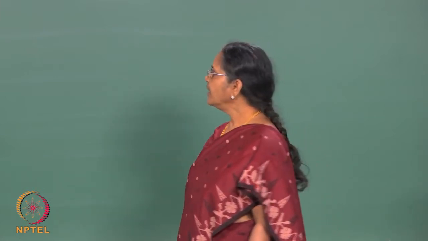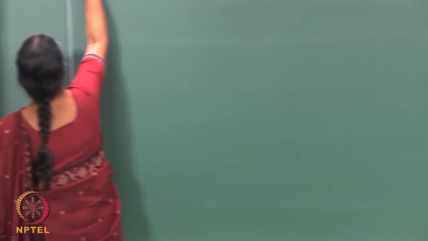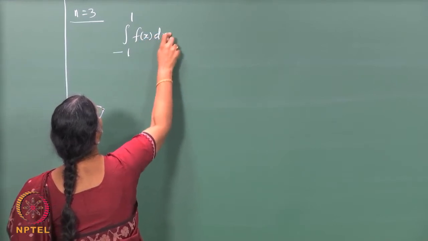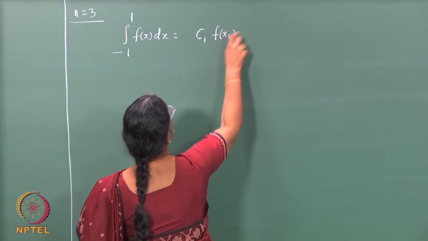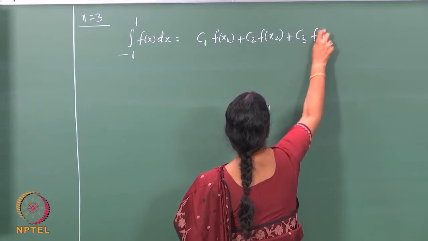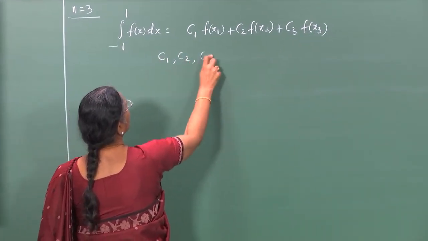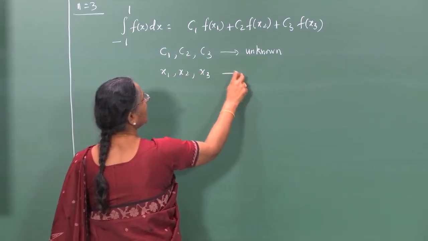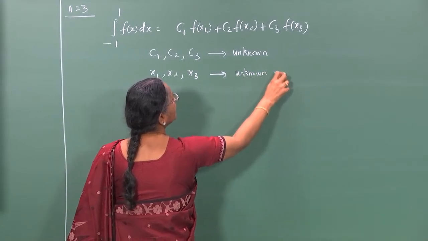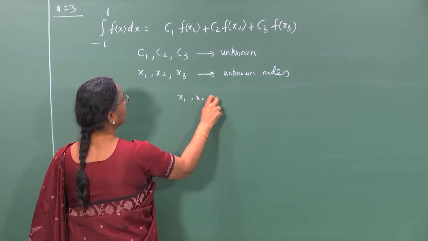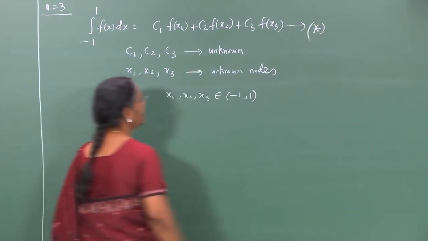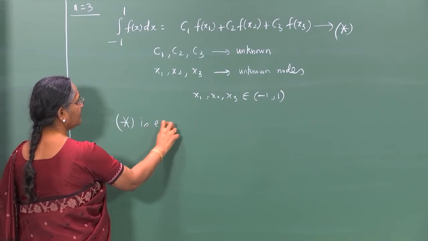So, let us now obtain Gauss integration method when n is equal to 3 and see what we get. When n is equal to 3, we require an integration formula of the form integral minus 1 to 1 f of x dx is equal to c1 into f at x1 plus c2 f of x2 plus c3 f of x3, where c1, c2, c3 are unknown constants to be determined, and x1, x2, x3 are again unknown nodes to be determined, such that x1, x2, x3 lie in the interval minus 1 to 1 in such a way that this integration method, which I call star, is exact for polynomials